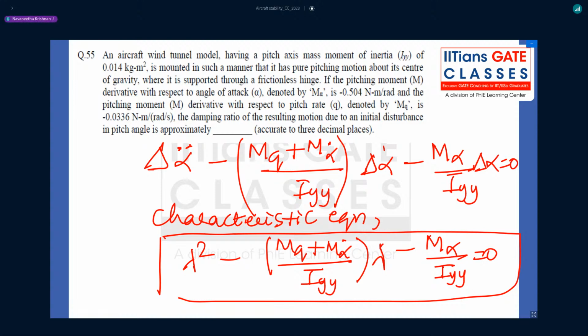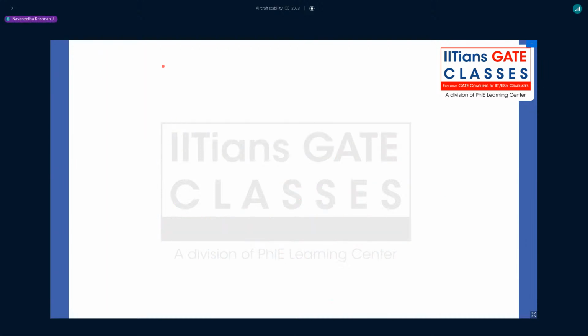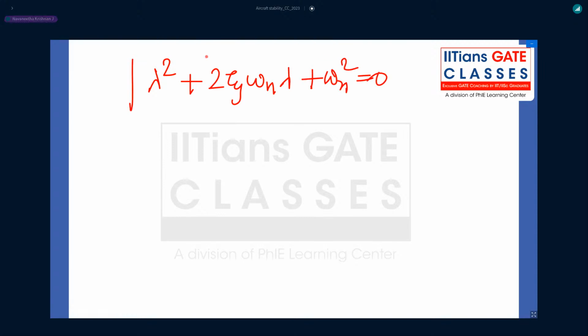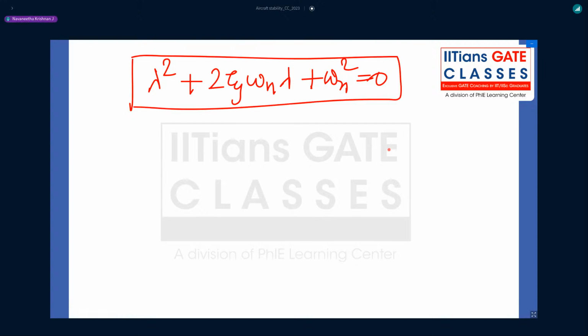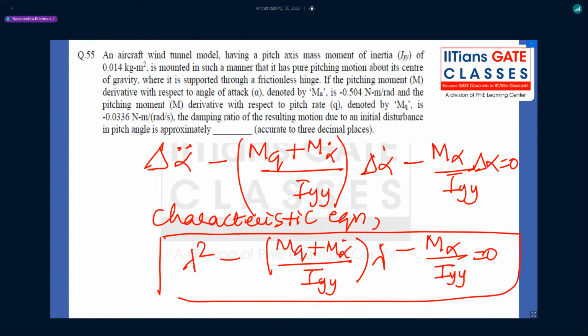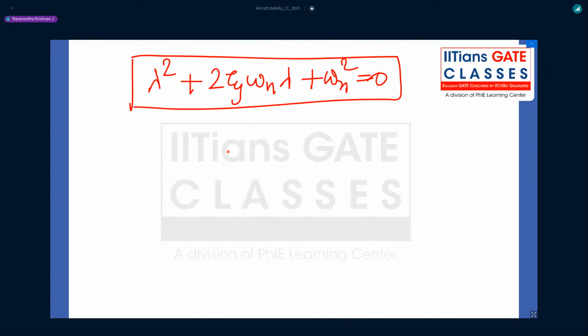So this is in the form of generally short period oscillation or underdamped oscillation. From the underdamped oscillation solution, this can be in the form of lambda square plus 2 zeta omega n lambda plus omega n square equal to 0. This is the underdamped oscillation's characteristic equation. Equating these two equations, I get omega n square as